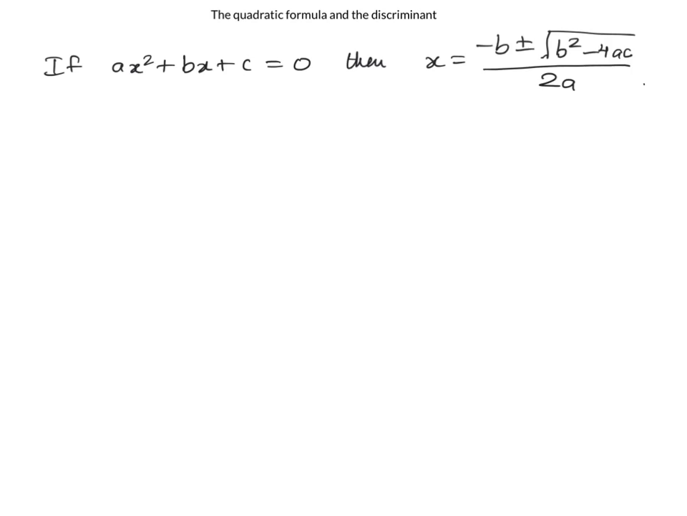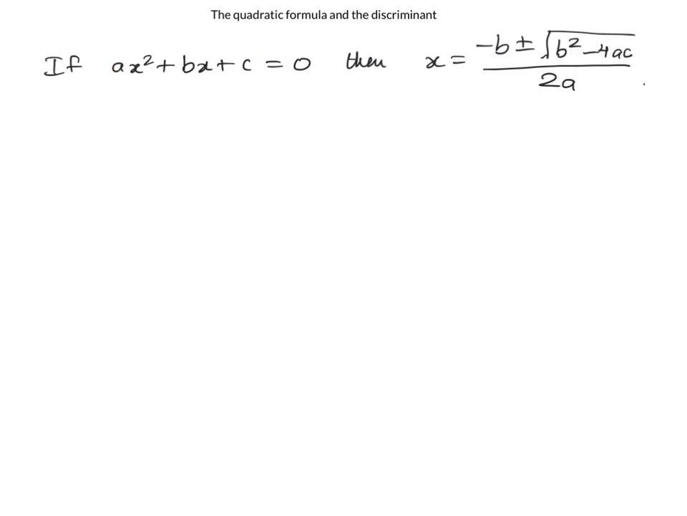So this lesson is about the quadratic formula and the discriminant. So first let's review quickly the quadratic formula. So if you have an equation that looks like this, ax squared plus bx plus c equals 0, then the